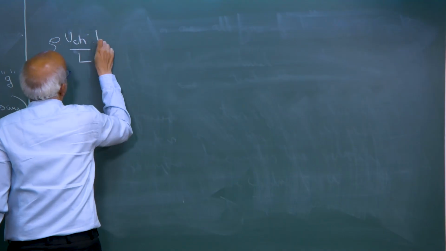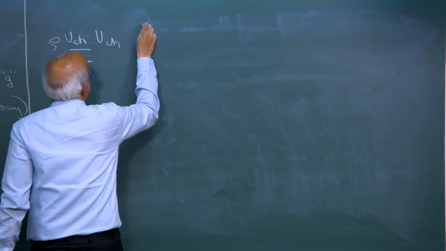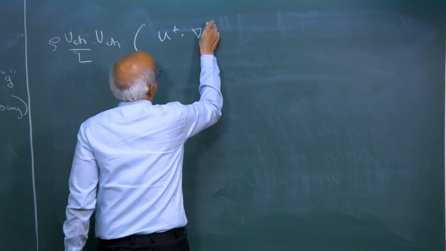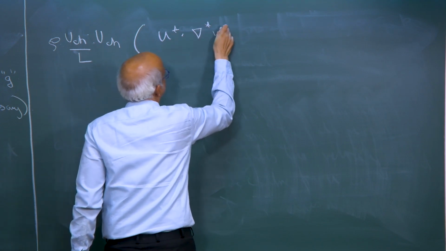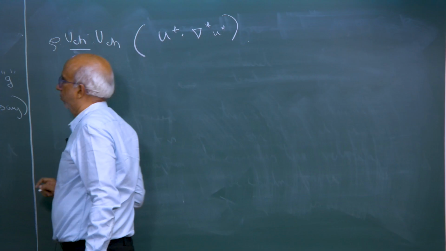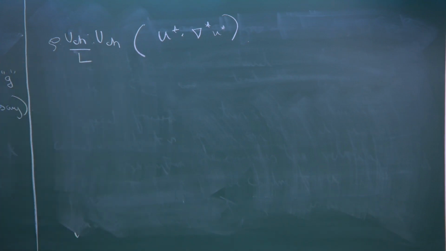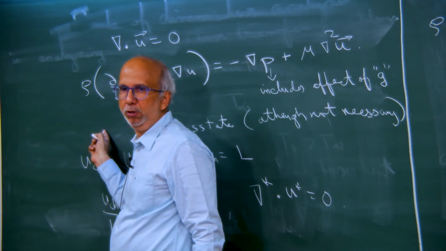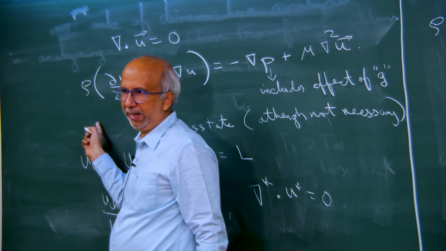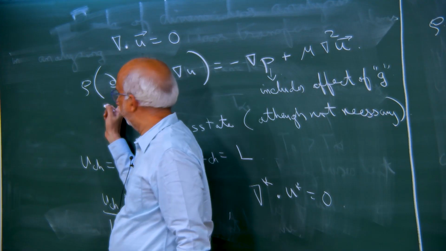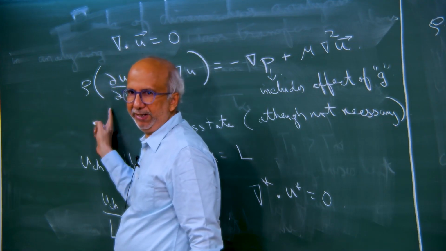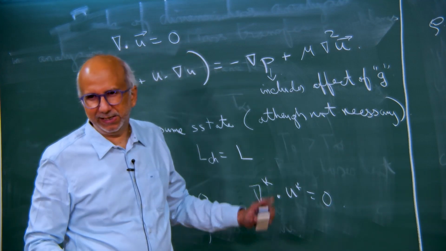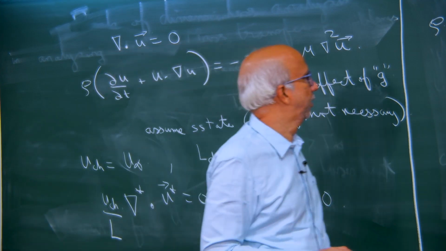So, I get another u characteristic times u star dotted del star u star, okay. So, I made it dimensionless. If you choose t characteristic as L by u, you can again convert this to du star by dt star, and again you will get the same thing, okay. So, steady state and unsteady state really does not matter, but let us just do this,